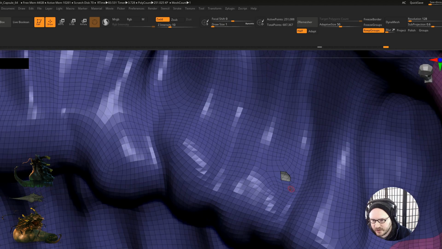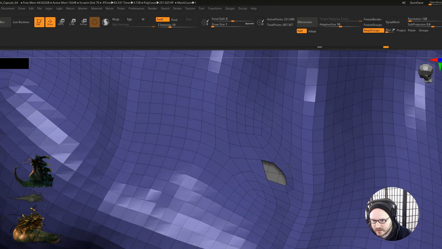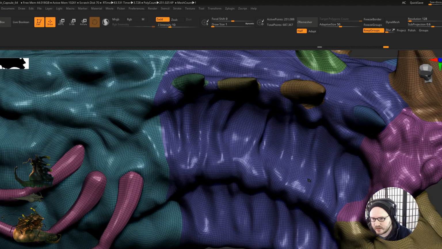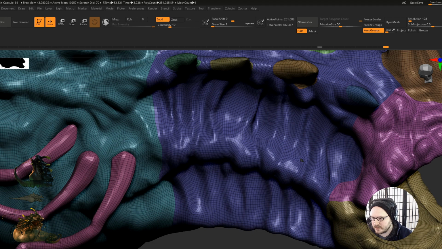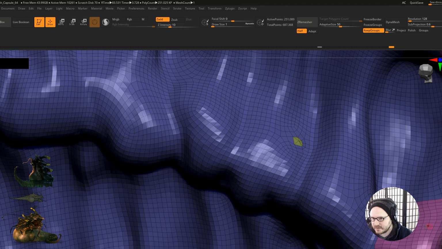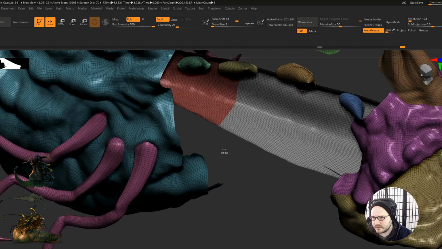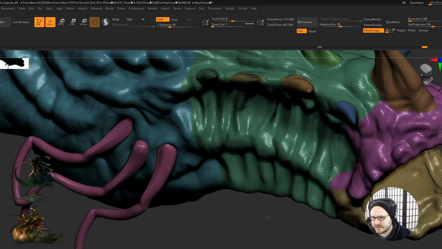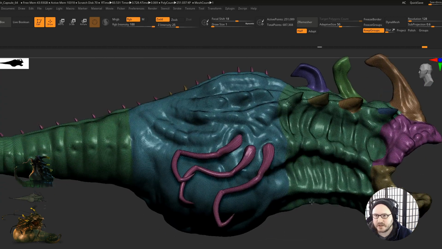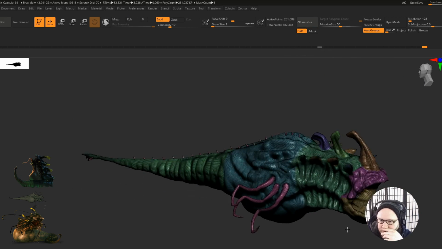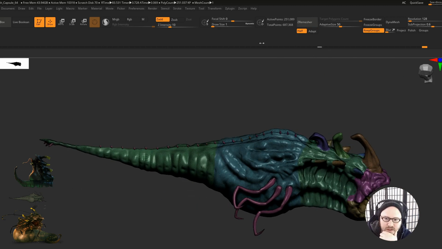Hole here? No. Same? To fix that, see if it's a hole. I'm pretty sure it is. Hungry bug thing. And we'll make it. We're gonna go down in subdivision levels anyway, so